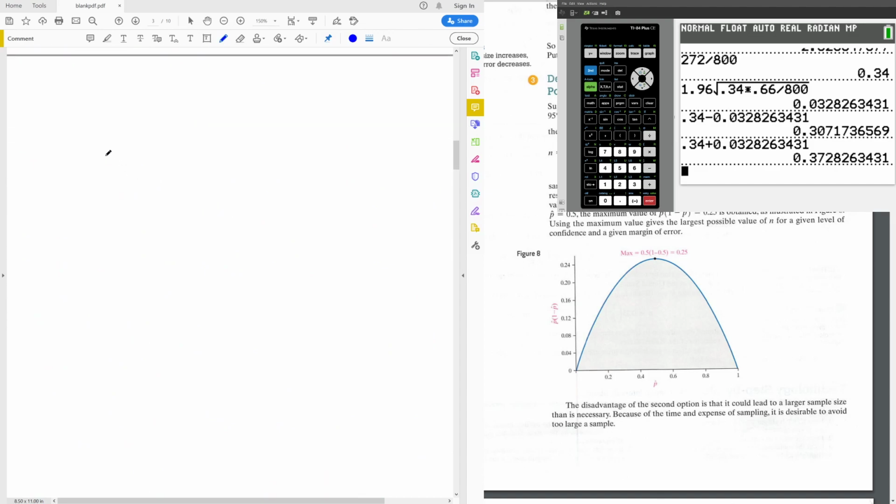So, for example, to find the sample size for a given margin of error, in this case,